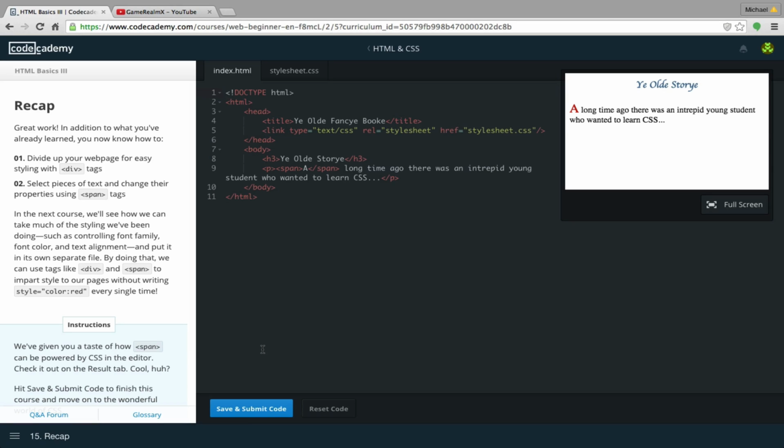Recap. Great work. In addition to what you've already learned, you know how to divide up your web page for easy styling with division tags. Select pieces of text and change their properties using span tags. In the next course, we'll see how we can take much of the styling we've been doing, such as controlling font family, font color, and text alignment, and put